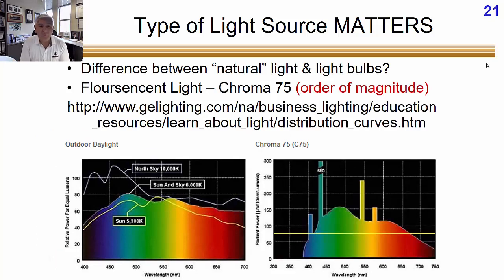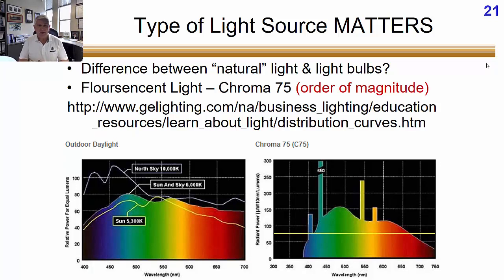Okay, so maybe you've noticed that fluorescent light is very different than incandescent light or LED light. All these different lights we have now, halogen lights, they all have a different sort of hue or spectrum of wavelengths that they're projecting, and that causes the objects in the room to appear slightly different colors.